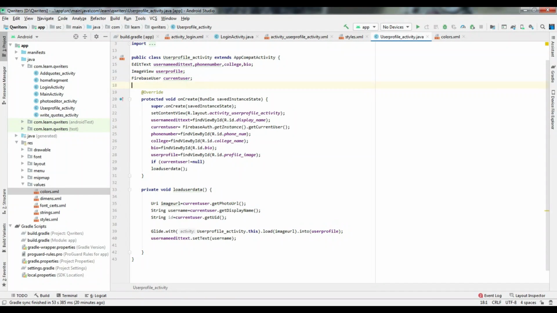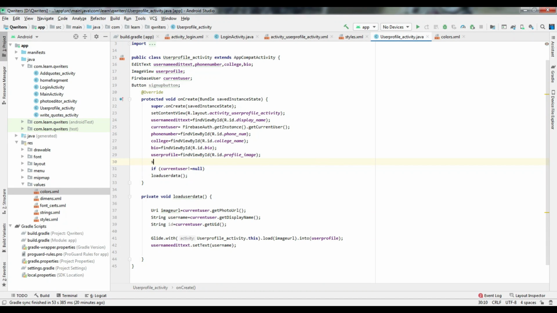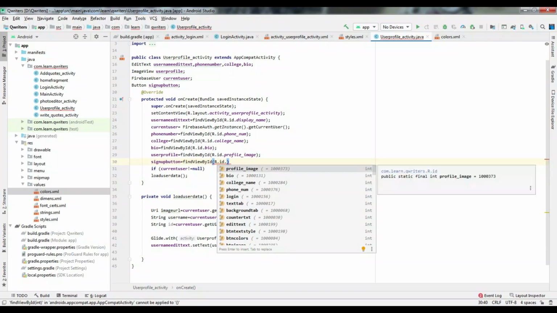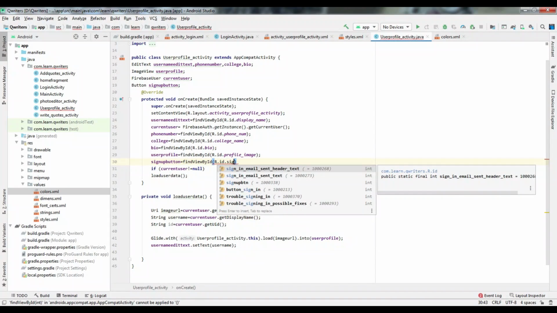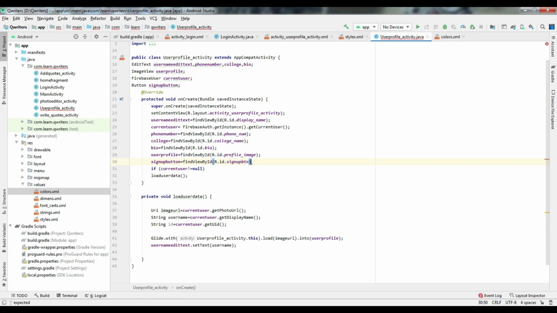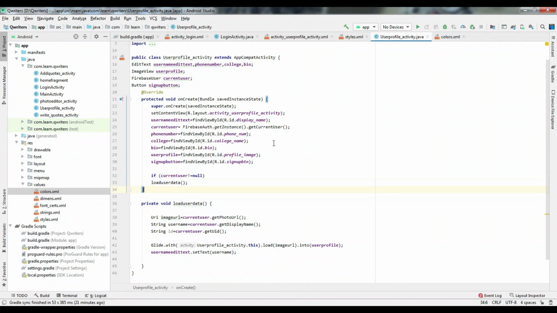So define a button, sign up button, and just declare this button here. So sign up button is equal to find view by ID r dot id dot sign up button. Next we'll be getting the input by the user here itself in the load user activity.